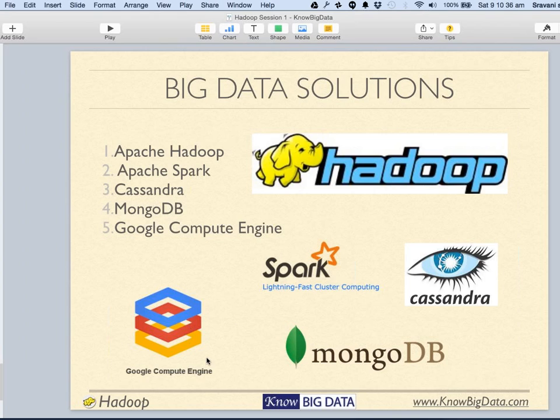But the problem is that your data is outside your premises. Then you have MongoDB. MongoDB is similar to Cassandra. It provides you MapReduce for computing, as well as allowing you to store lots of data. But out of all of these, the most complete one is Hadoop, which provides everything and is a good ecosystem.